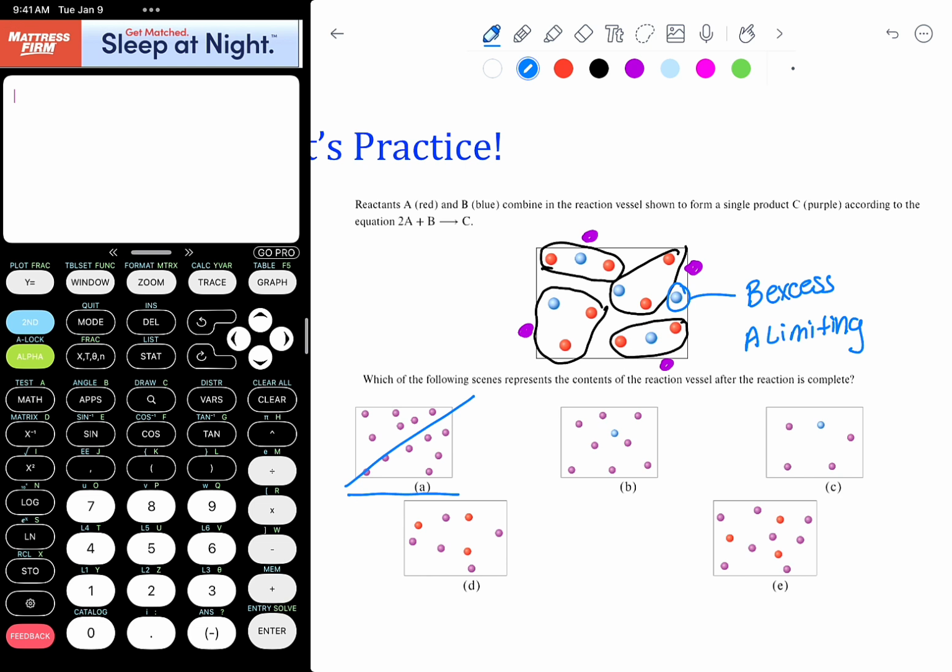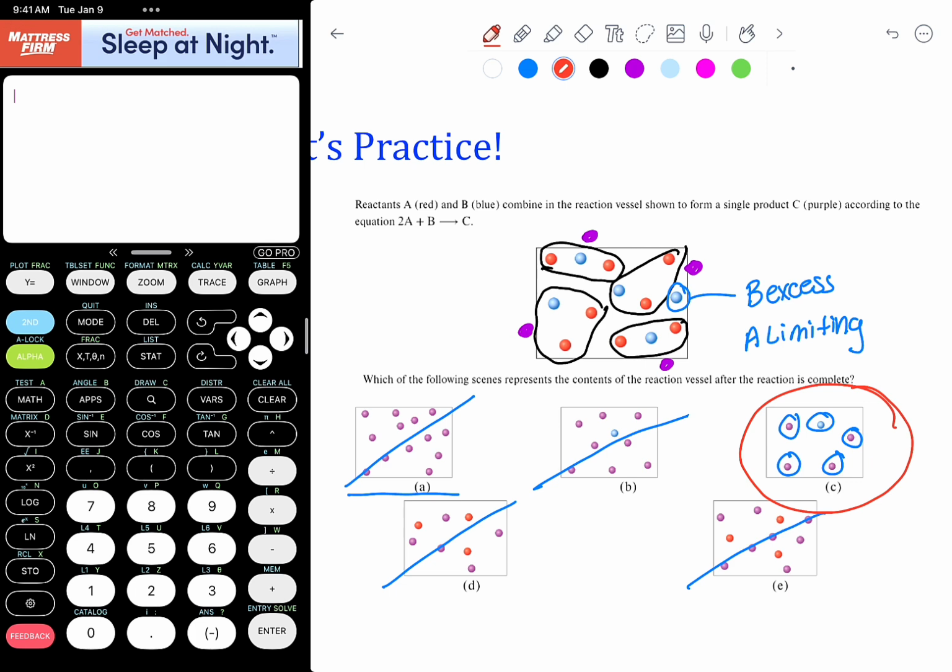Okay, remember these A's and B's are combining to make one single product. Okay, it's a combination reaction. So we have too many purples here, so that's wrong. C is looking like a good answer. We have 1, 2, 3, 4 purples and a blue. And our last two examples have reds as what's being left over, and we know that blue is what's excess, so those would be wrong as well. So our answer